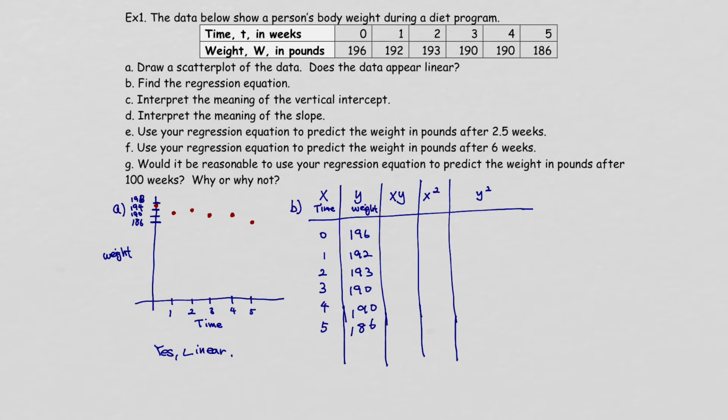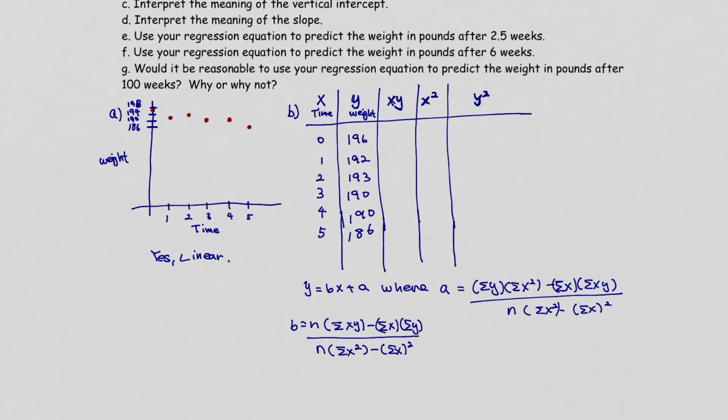We're going to say X is going to be time, Y is going to be weight. So X times Y is what we want to find. Also, we want to find X squared and Y squared. Why do we want to find this? If we want to find the equation, the reason we're looking for all these points,